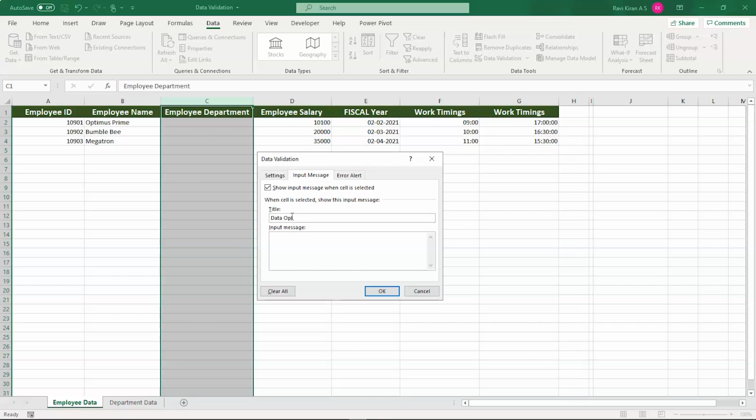Data options or department options. Now let's select OK.